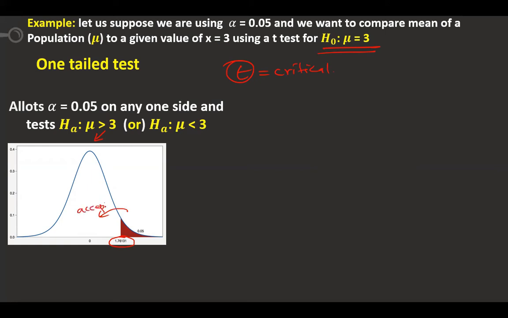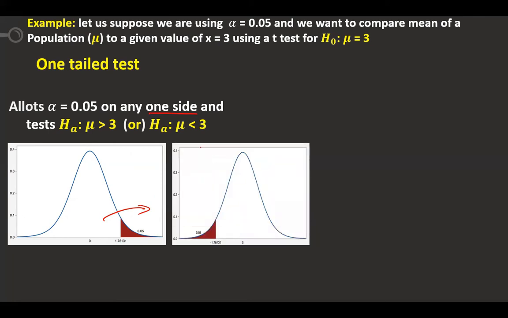This is the acceptance region. This, marked in red, is the rejection region. This is called a one-tailed test, and specifically a right-tailed test. When I want to compare mu greater than 3, greater than means right side, I'm going to find it out. Therefore, it is called the right-tailed test. Only one side I'm doing it, so it is called a one-tailed test. Now I'm going to show the left side.